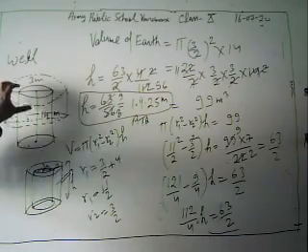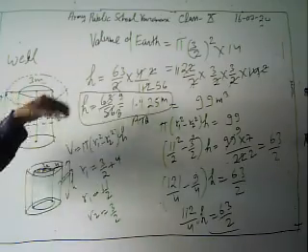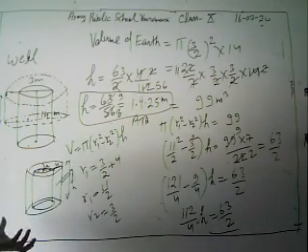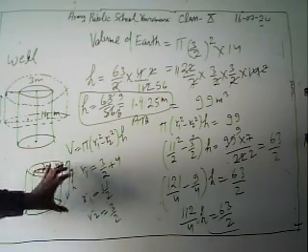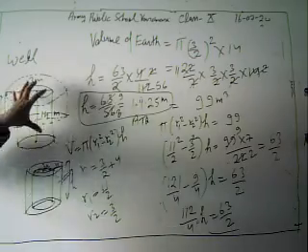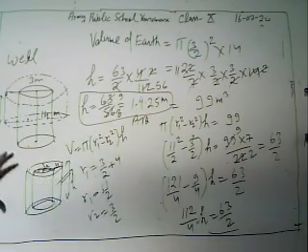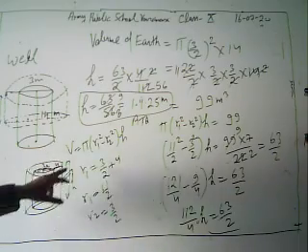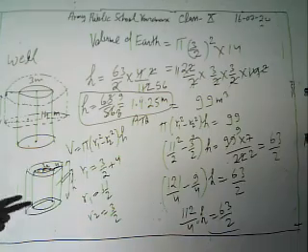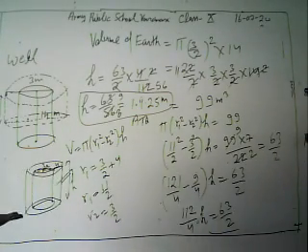Now look, the Earth we have taken out after digging this well, we are going to spread evenly around the outer part of the well, and this looks like the shape of a hollow cylinder. Then we have to find the height of this hollow cylinder. The volume of the Earth is equal to the volume of this hollow cylinder, and volume of hollow cylinder is given by pi (r1 square minus r2 square) h, where r1 is the outer radius and r2 is the inner radius.